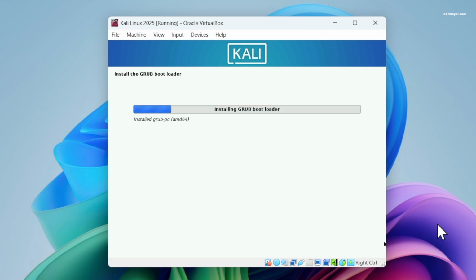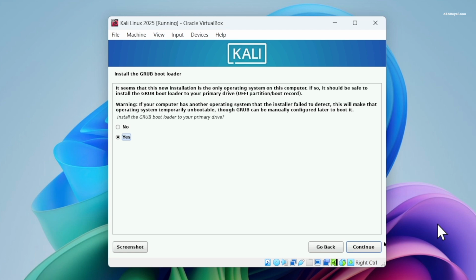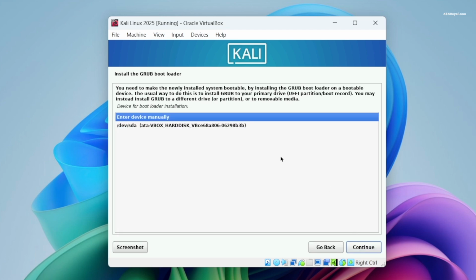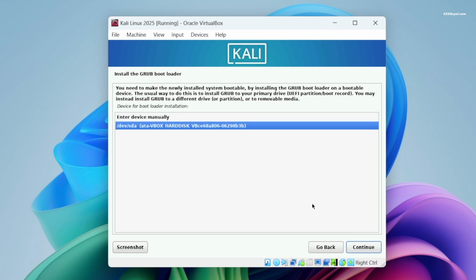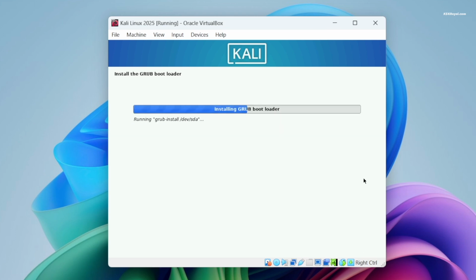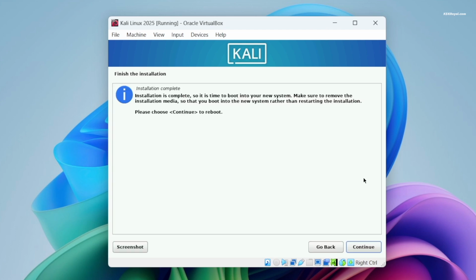Next, install the GRUB bootloader. Choose Yes. Then select the virtual drive and continue to complete the installation. Once complete, click Continue to reboot.